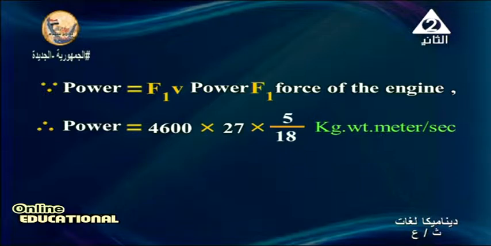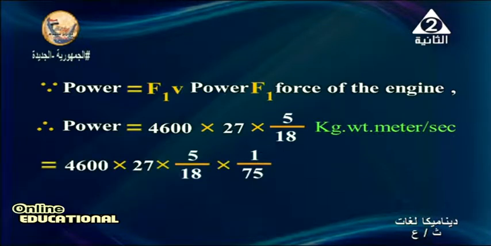Then the power, now in kilogram weight times meter per second, equals 4,600 times 27 times 5 over 18 times 1 over 75. Then the power now in horse power: by using your calculator, the power equals 460 horse. The second case,